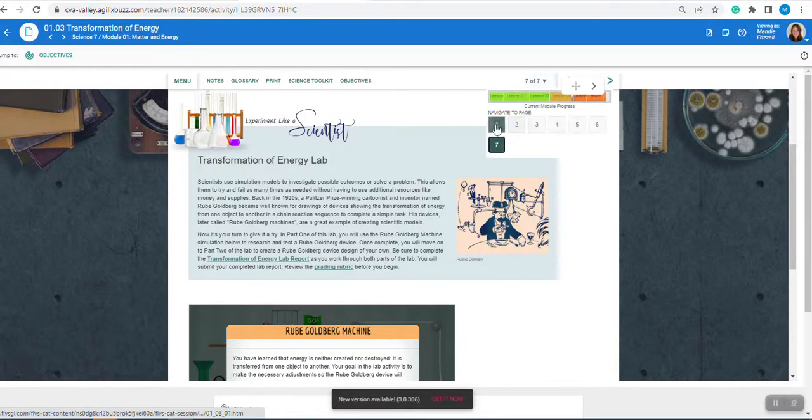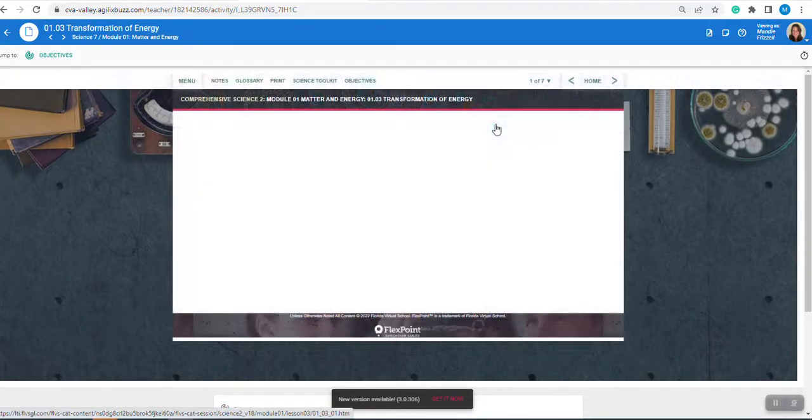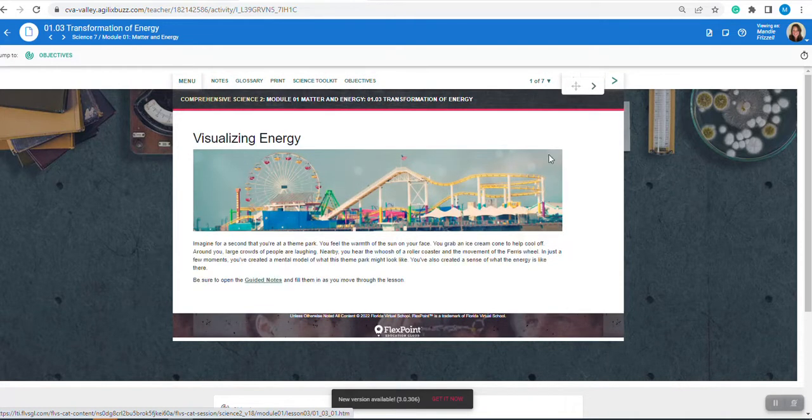Hey guys, I would like to show you how to complete your first lab report in Science 7. These are confusing assignments for a lot of kids who've never completed an online science lab. Instead of completing a multiple choice assignment, you're actually completing a simulation and a lab report and then uploading your